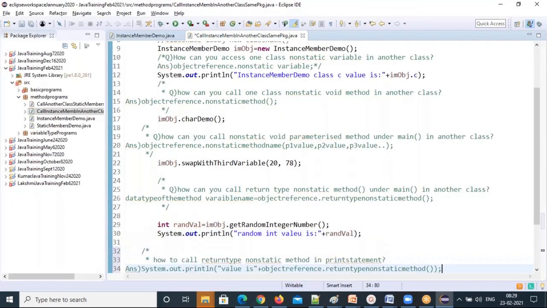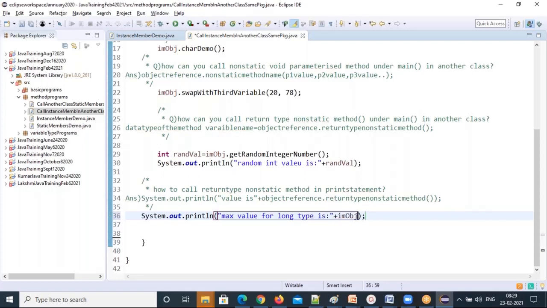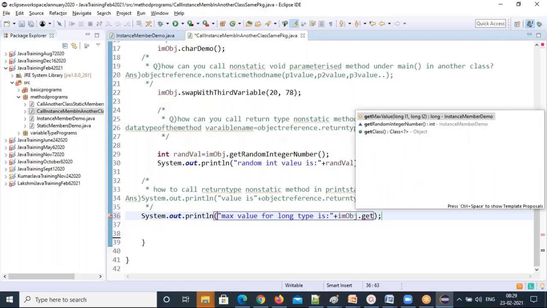Only one concept, object tree. Again, for static you have something different, but for non-static you don't have any difference here. So we are getting max value, right? Max value for long type, you can get im object dot get max value.